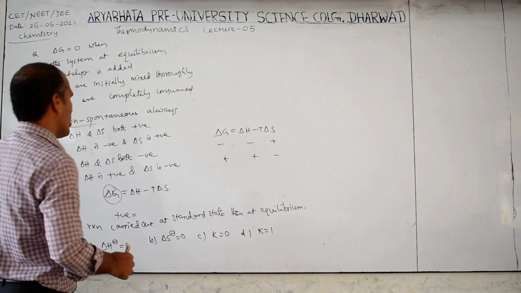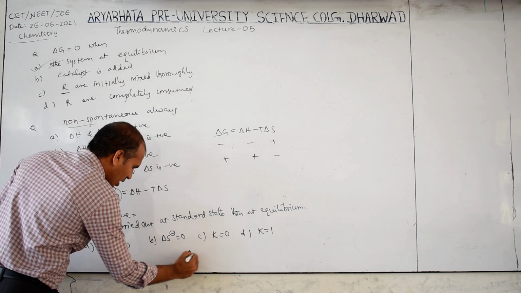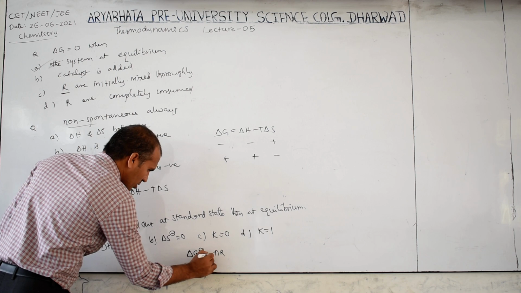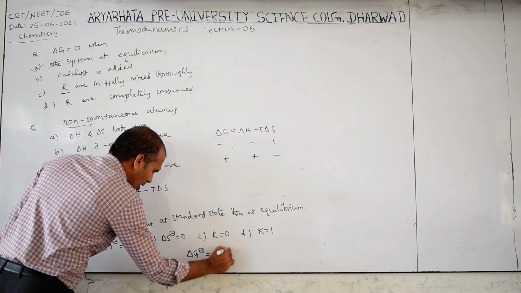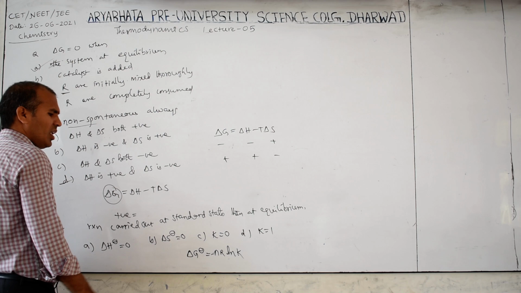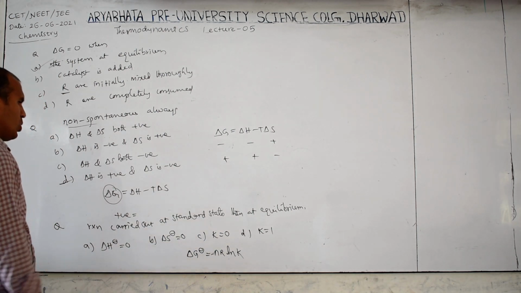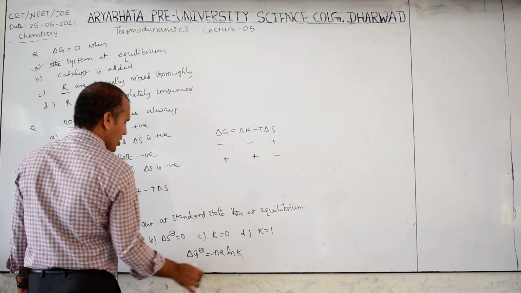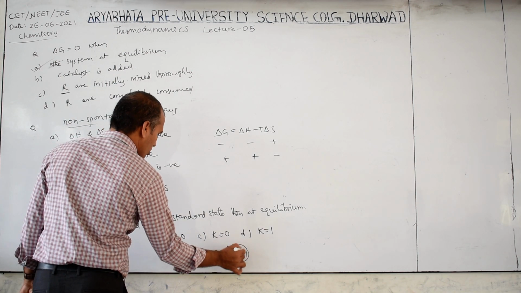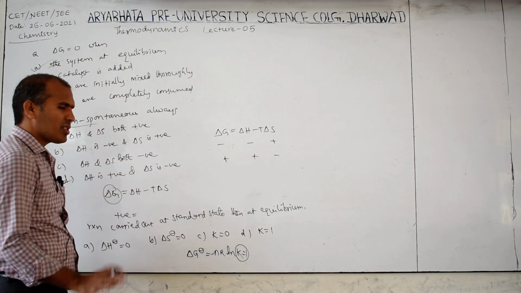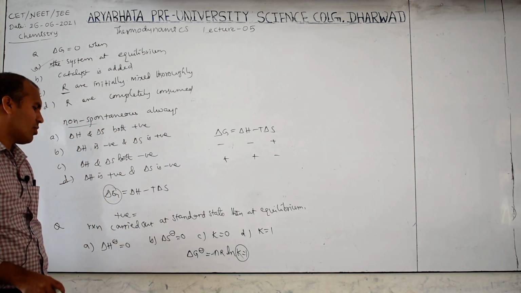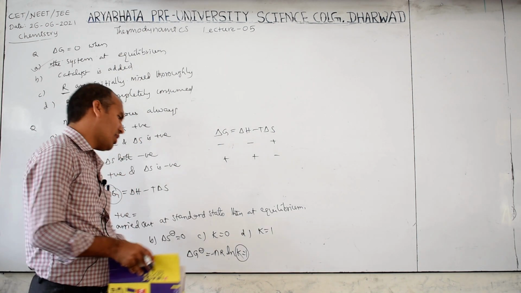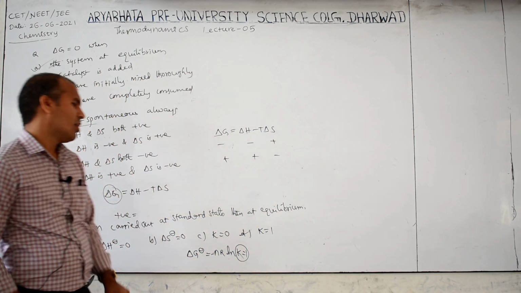So we know this one formula in the equilibrium chapter also: delta G naught is equal to minus RT ln K. At equilibrium, what is that? It is 0. When will you get 0? If the K value is 1, because log 1, what is that? 0. 0 into something is 0. So delta G equal to 0 you will get when K equal to 1. K equal to 1 means D option is correct.